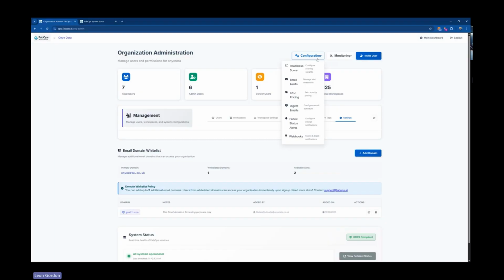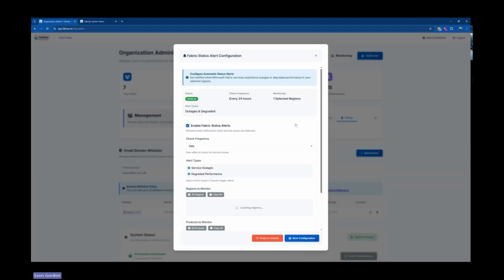And then outside of that, we also provide you with a plethora of alerts, which I'll go through shortly. So you have the ability to manage your alerting thresholds. Now you can be alerted via email, via Teams, or via Slack for each of these. And we also give you the ability to configure your outage notifications. So some of you may have experienced Microsoft Fabric or Microsoft Power BI outages, but not been aware of them until you went to the Fabric alert